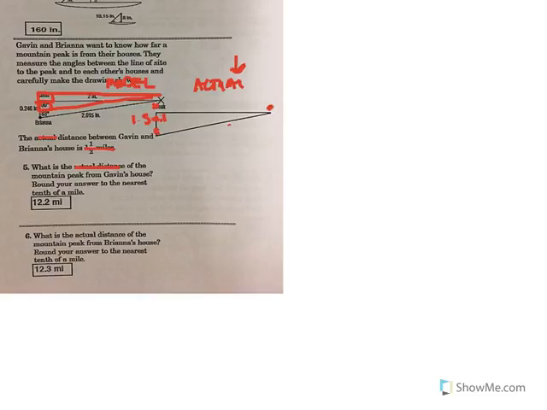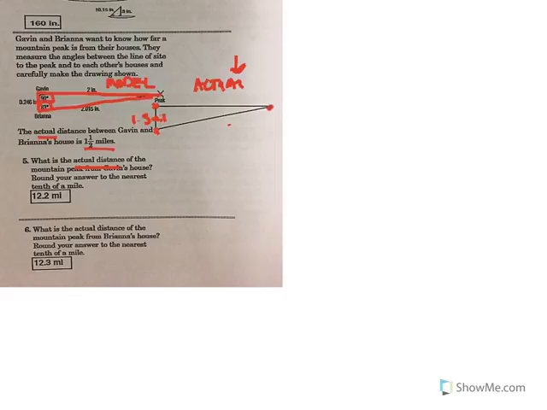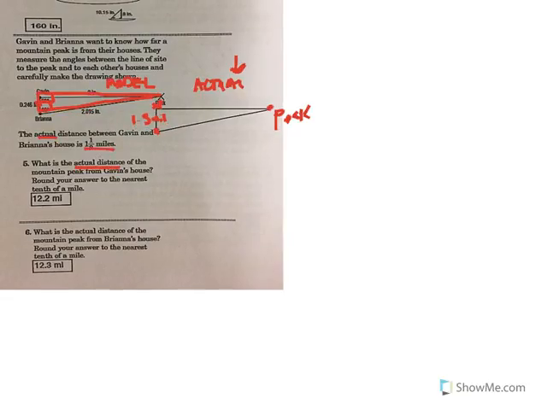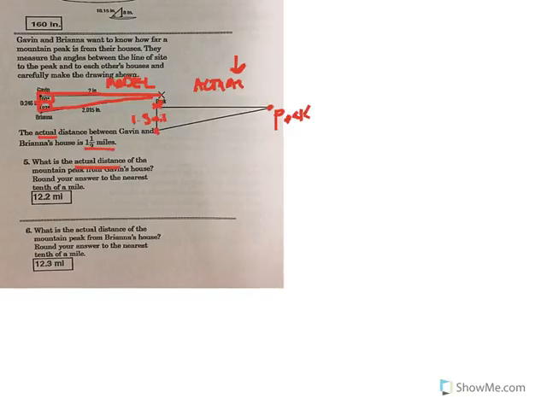Ooh, I hate when it does that. Okay. Remember, the mountain peak is over here. This is the peak. From Gavin's house to the mountain peak. Okay, so this is Gavin's house up here. I'm sorry, this thing keeps moving around. Okay. All right, so Gavin's house is the one on top,